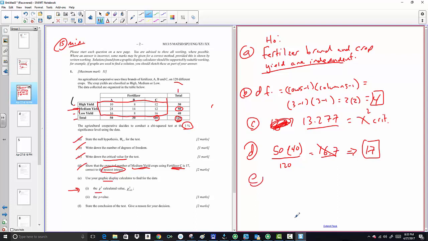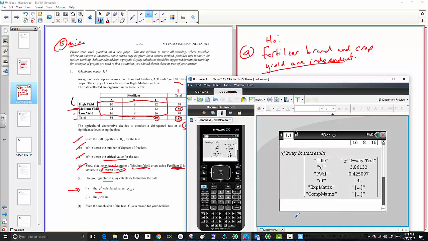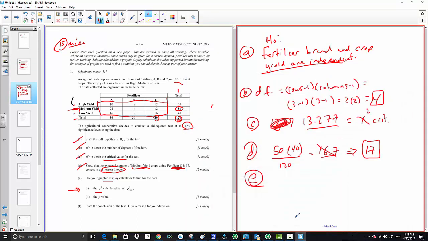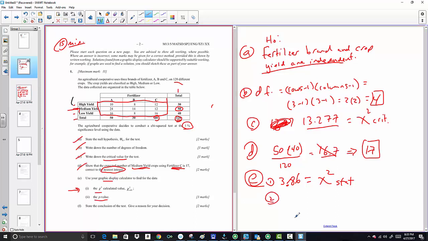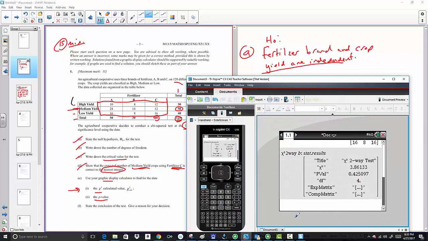All right. So E is 3.86. That is my point. 3.86. That is my chi-square stat, we'll call it. And that is the calculated value, chi-square calculated value. So that's the answer for E part 1 and E part 2, which is the p-value. That's also given to us. It's right here. The p-value is